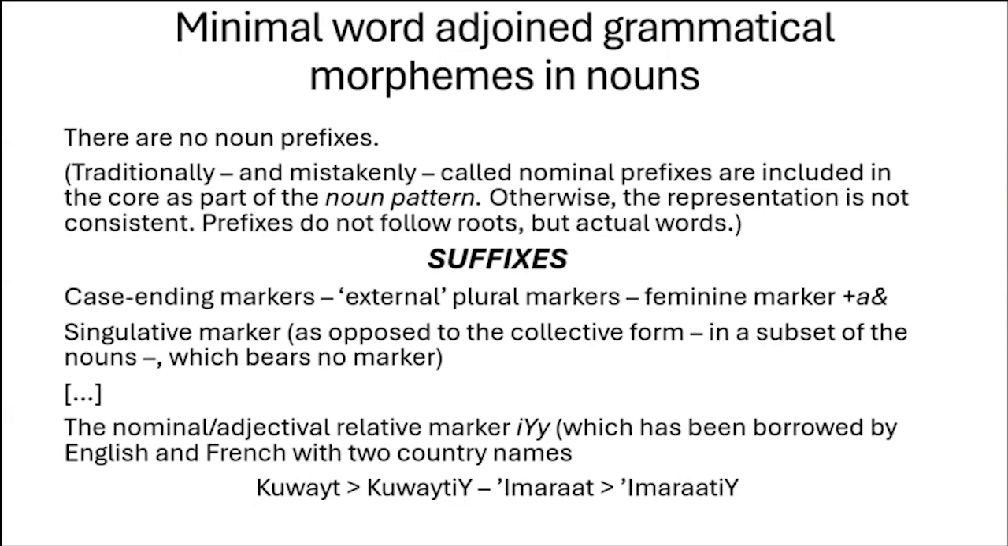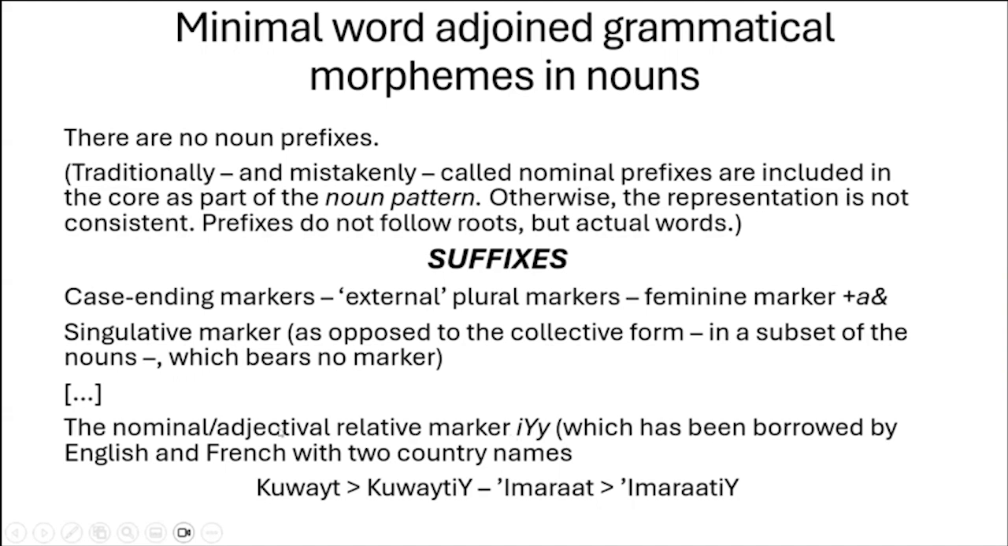So we follow a consistent representation in which all these consonants added before the root are included in the pattern of the word, which is the case, and therefore in the core. And then you have suffixes such as case-ending markers, feminine, singulative marker, and there's the e, which is